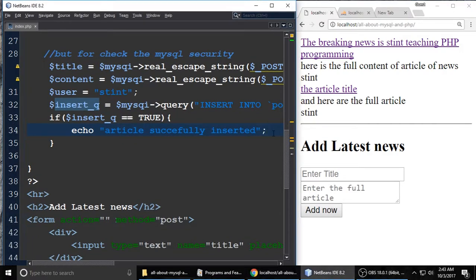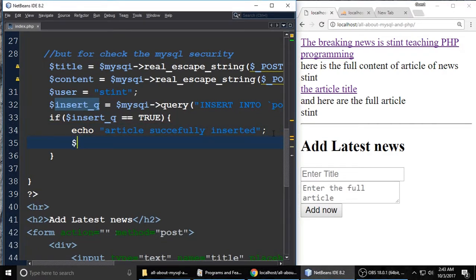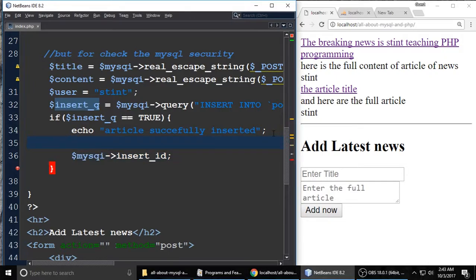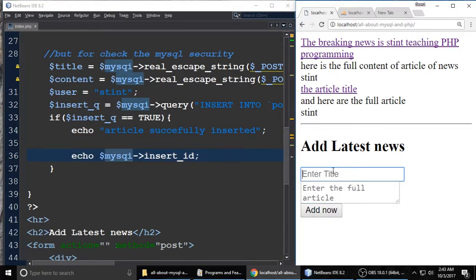So the next most important thing is getting the insert id. Just call the property mysqli insert_id and put an echo. This is more important, as you will understand when you go advanced in PHP. This is more important. So again I am adding